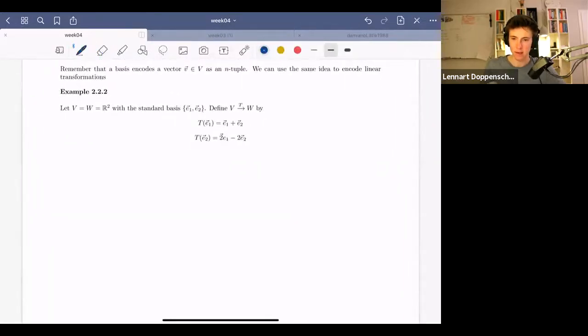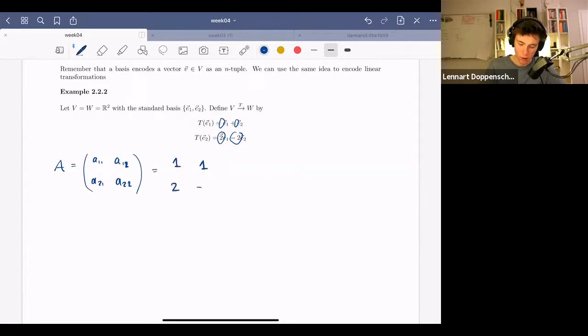What kind of data does this involve? So this really involves coefficients here. So it's +1, +1, +2, and -2. So one could say that all information that we need about T is encoded in these 4 numbers. And we can write this suggestively as A11, A12, A21, and A22. And in this case, this is going to just be 1, 1, 2, and -2.